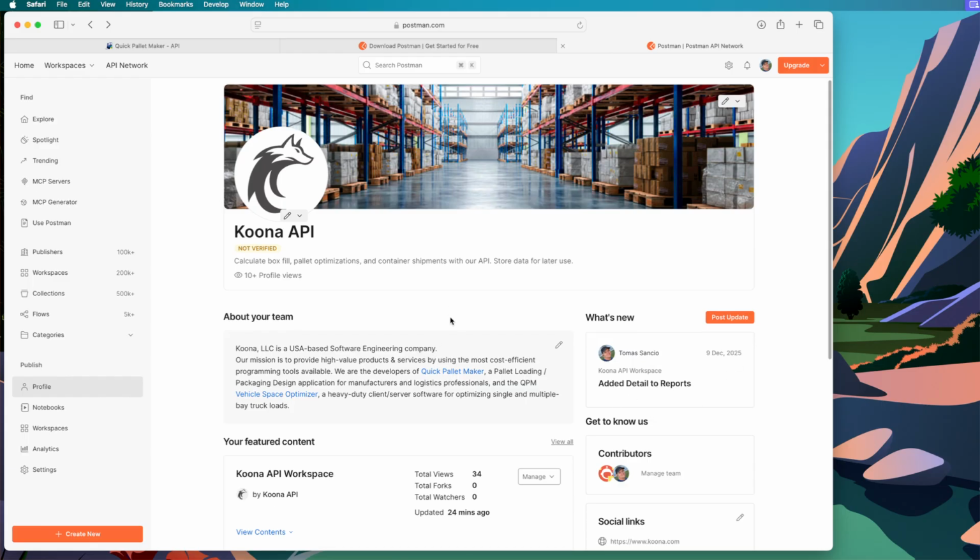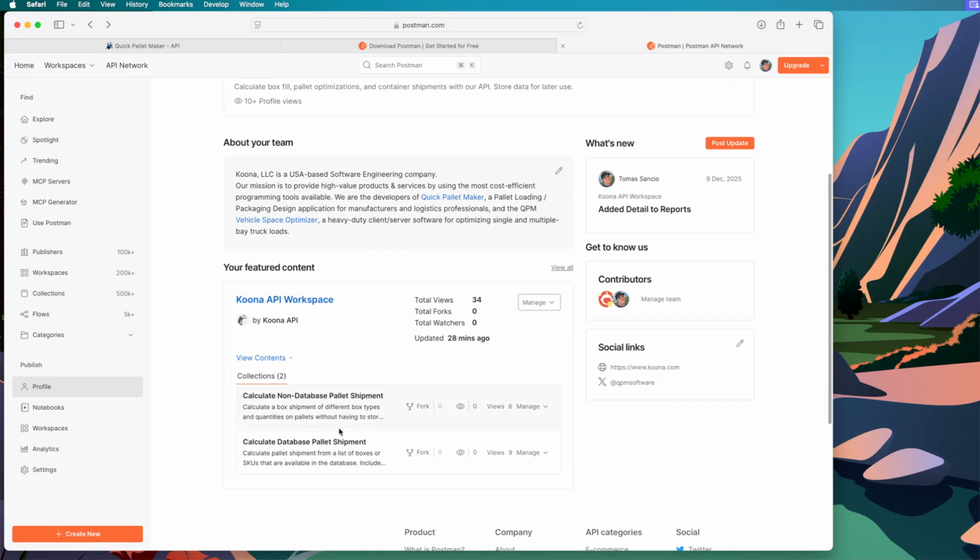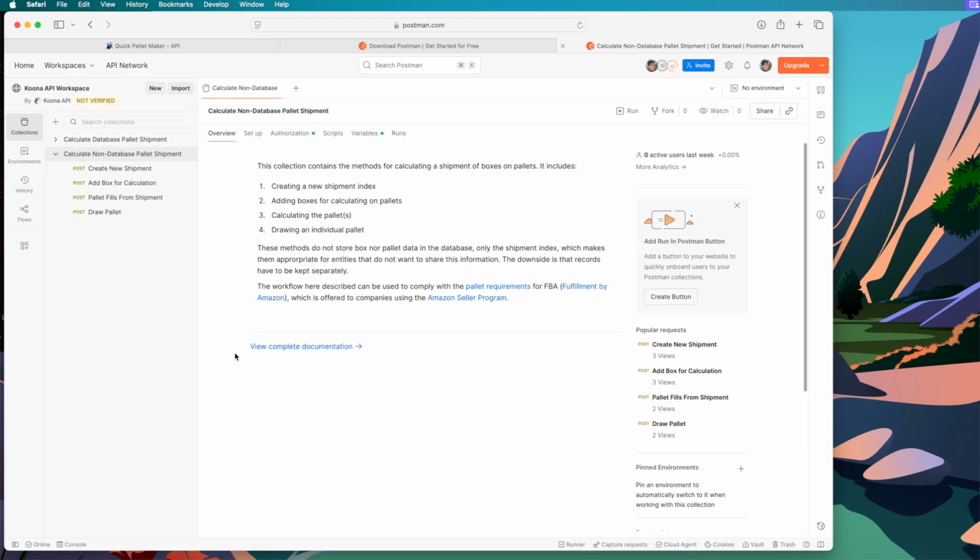Here you will see that we have our API workspace and some contents which are called Postman collections. Right now we have added 2 of them, and we will use the one that is a non-database pallet shipment. That means that we will calculate boxes on pallets, we will calculate a load of pallets, and the information of the boxes and the pallets are not available in the database, don't have to be in the database. So we click here, and we will see that we have this